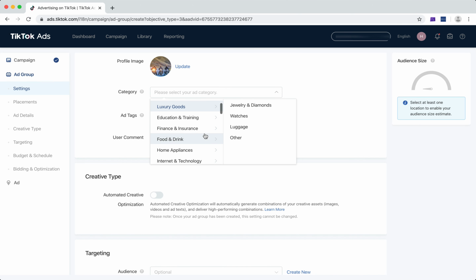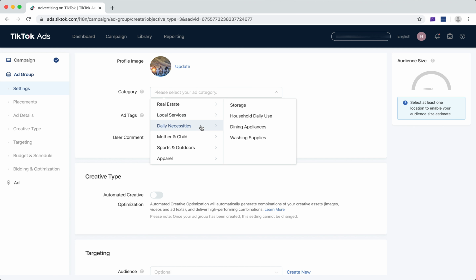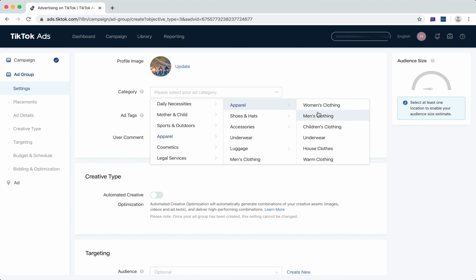What else do we have? Okay, accessories, I think this is a better option here where I can select small jewelry if I'm doing imitation